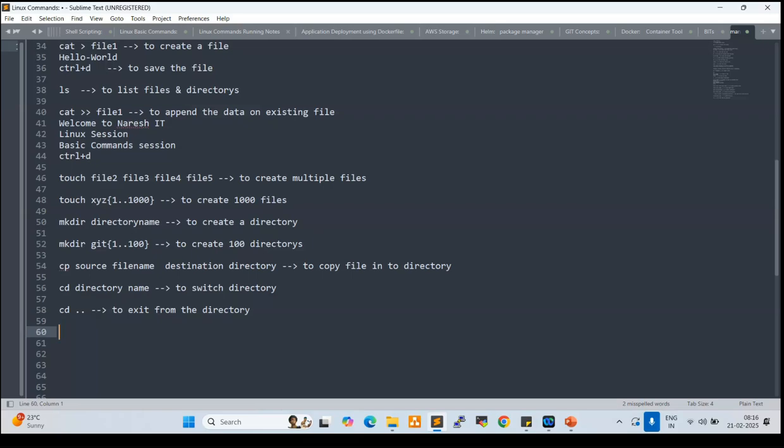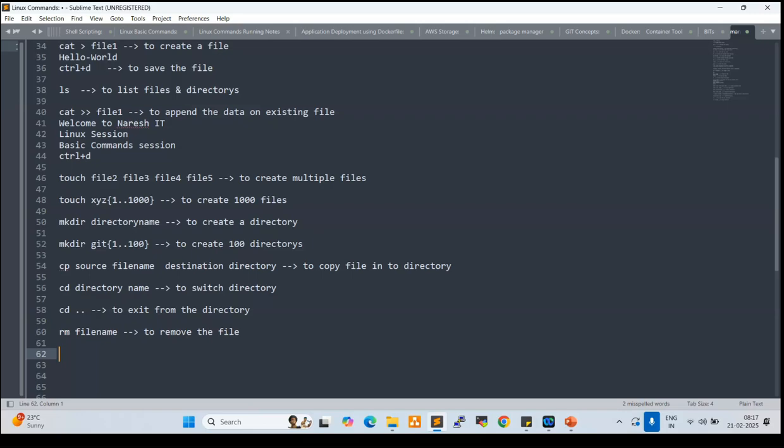Next command. If you want to remove a file, what is the command we use? rm. rm space file name, to remove the file. Normally when we execute rm space file name, it will ask for confirmation every time.